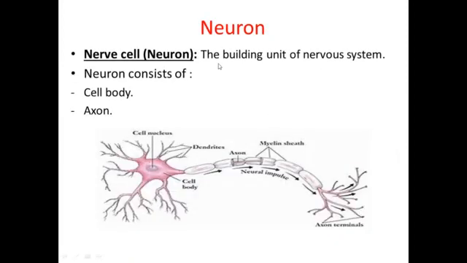But what is the building unit of the nervous system? The nervous system consists of a special type of cells which are called neurons or nerve cells. This neuron is the building unit of the nervous system, and it consists of two main parts which are the cell body and the axon. The cell body receives the impulses from the previous nerve cell or neuron, and this